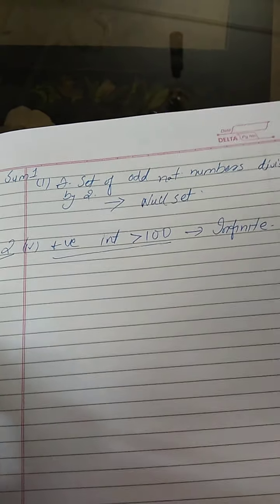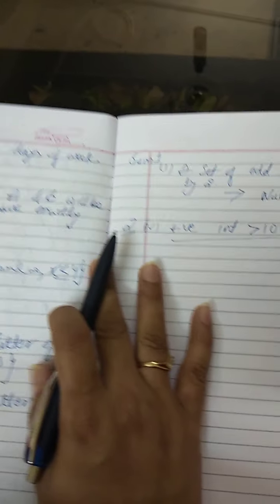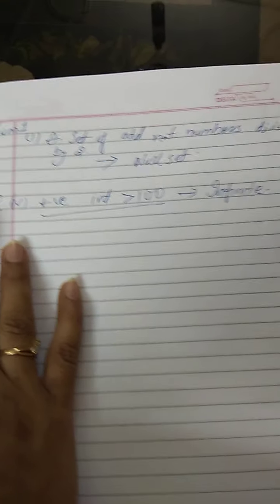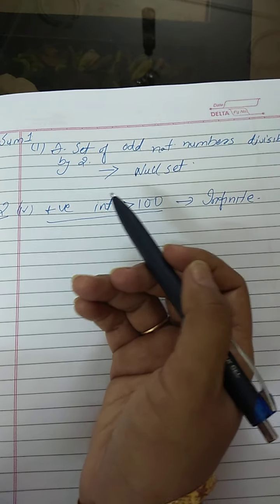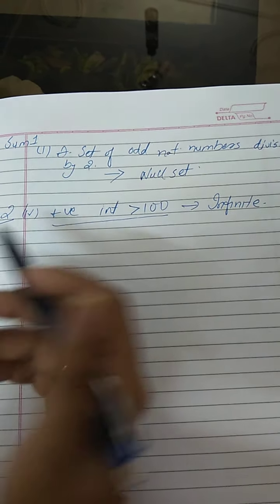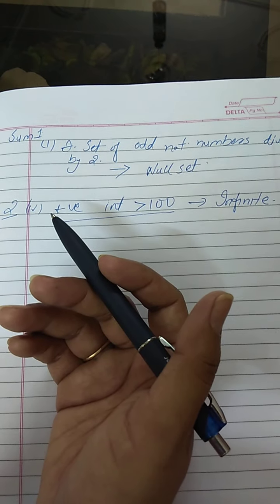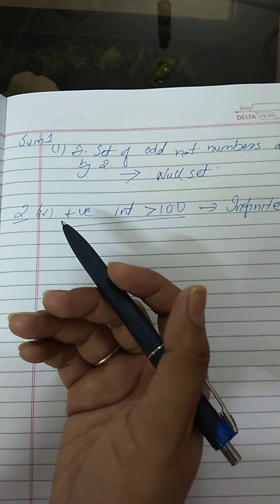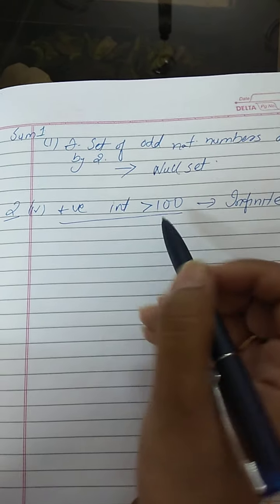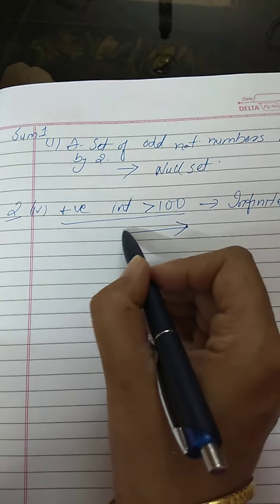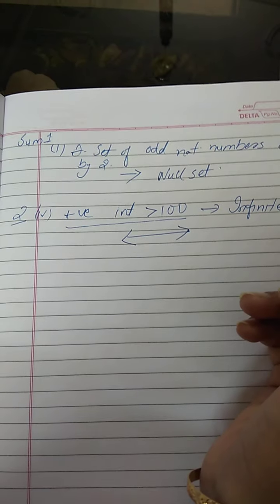Still, if anybody finds any difficulty in the concept or in any sum, you can ask. See, there are students who have the old books. Some small changes will be there in the statements as compared to the new books. It is perfectly okay. Whatever book you have, whatever statement is given there, you do the sum accordingly in your notebook. Okay, class? Thank you, and complete your exercise 1.2.